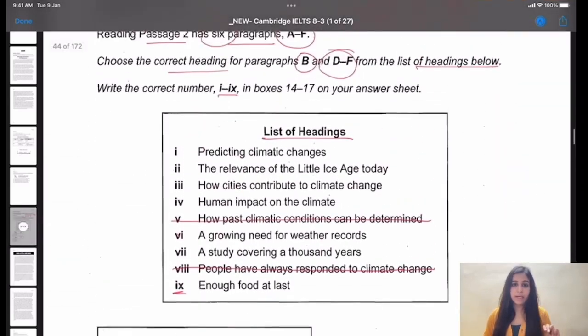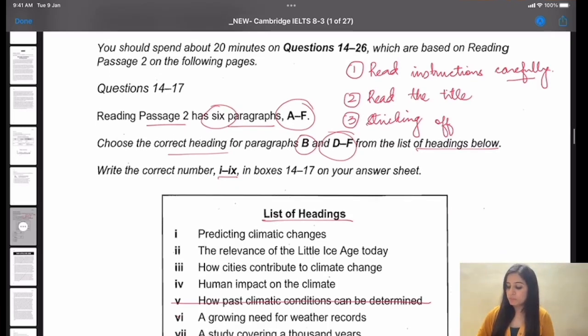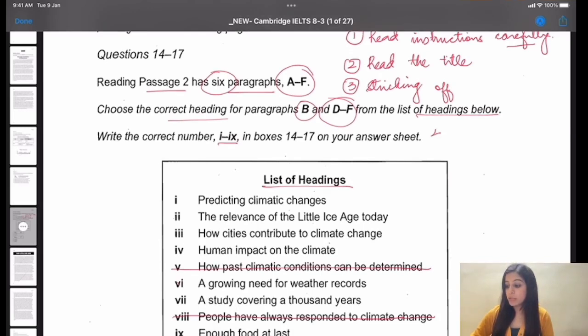Now 2 steps are done. We have read the title, we have read the instructions. The 3rd step is obviously striking off extra information or the ones that are already solved. What is step 4? Step 4 is really important. Step 4 is you read the headings